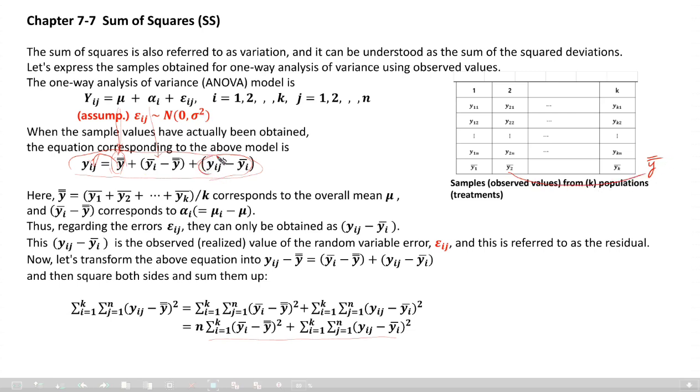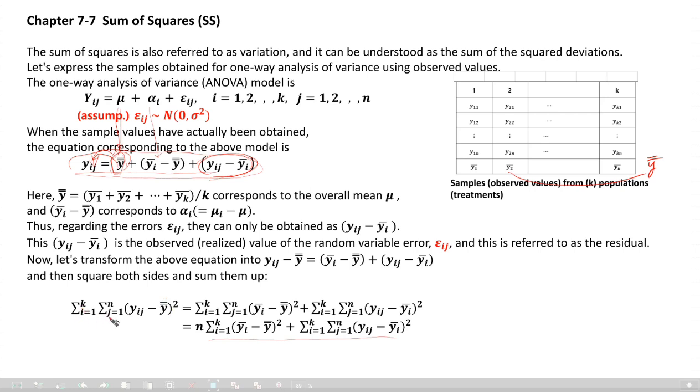And this term is called the residual, the realized value of error. So this equality holds. You move Y double bar to the left and square both sides